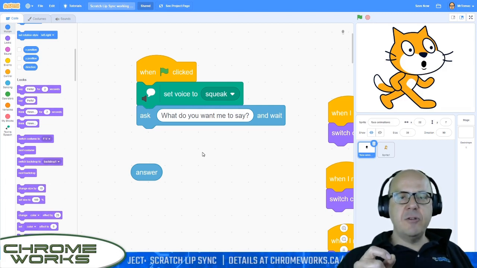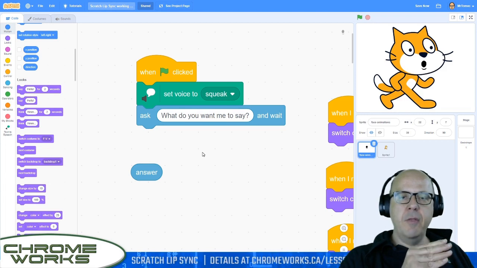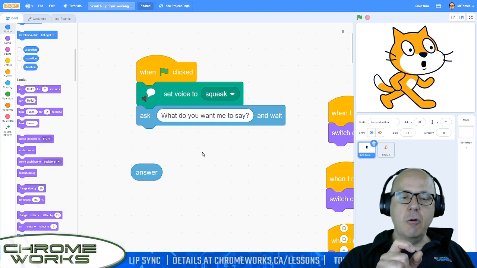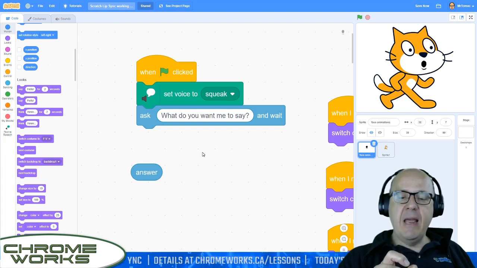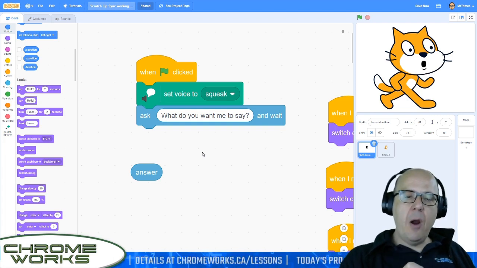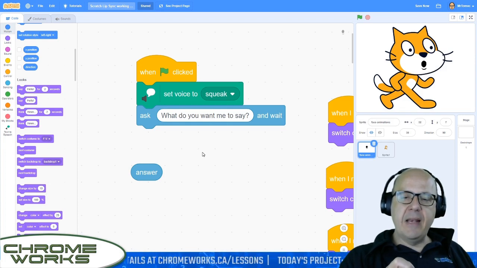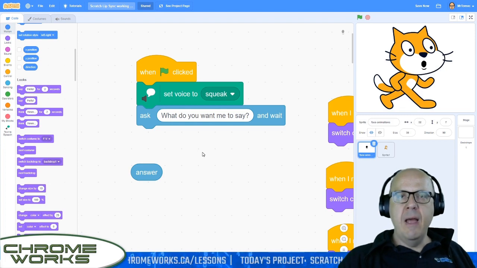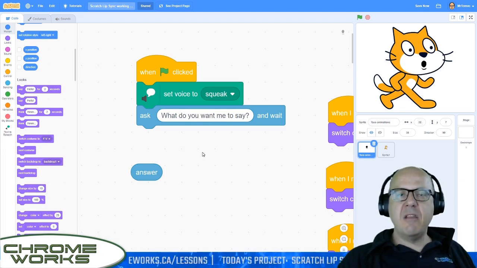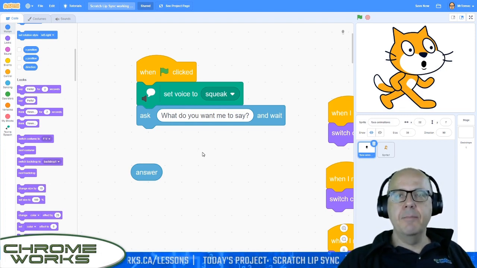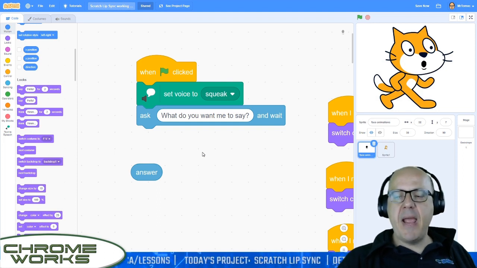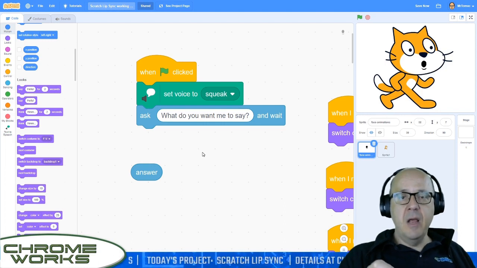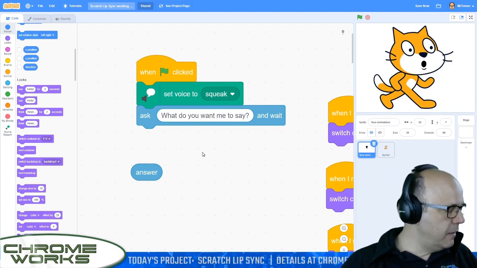So what we have to get Scratch to do is look through this entire list of characters that we entered into this string, and search for the first space that we find, and then go back and read that word out, the first word, and then keep reading until it gets to the next space. And it's just going to keep doing that as we go through, but it's not going to know how to pronounce the last word, because the trigger that's going to make it say a word is always finding that space. As soon as I find a space, go back and read the last word is the command we're going to be putting in. So we have to add a space to the end of this,